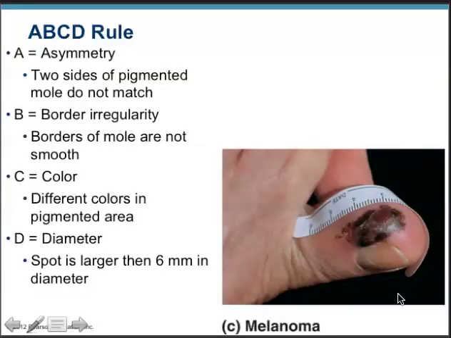you have a discolored area on the skin that shows asymmetry, where the two sides of the pigmented area do not match, or have an irregular border where the borders of the pigmented area are not smooth, or we see different colors in the pigmented area, or a change in the diameter where the spot perhaps is larger than 6 millimeters. This can be an indication of a melanoma, and what we would have to do is surgically remove it,